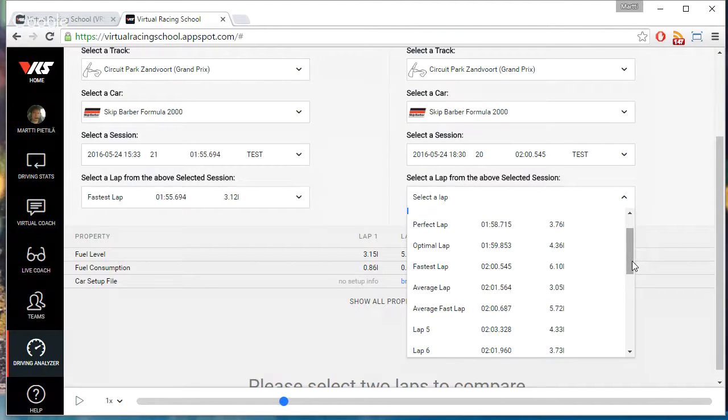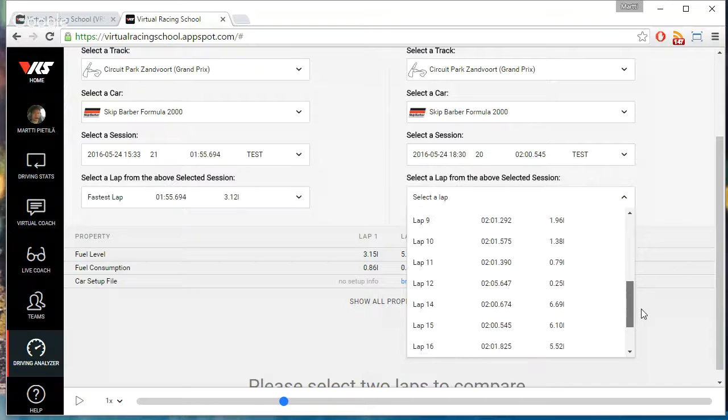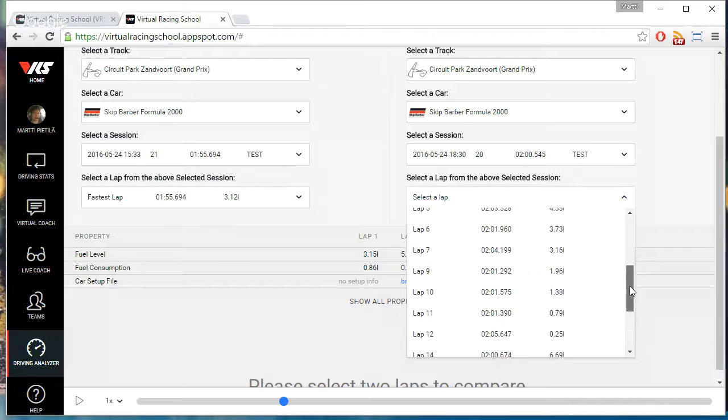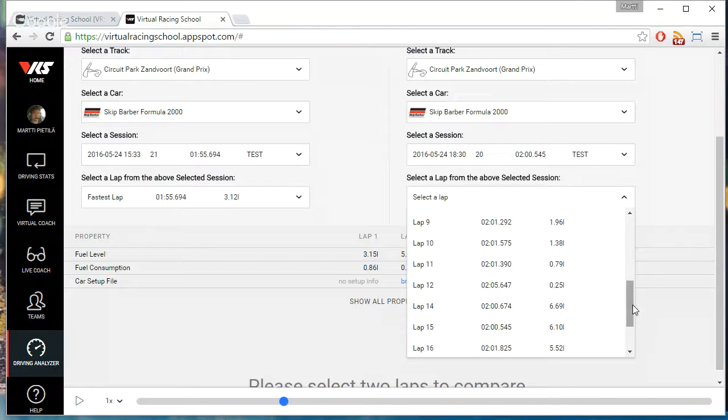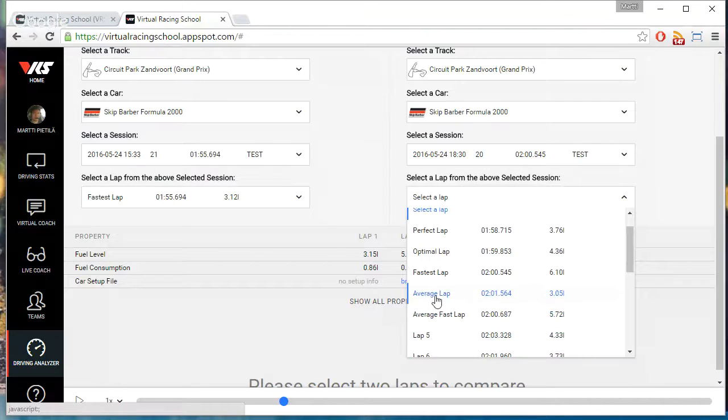But anyways, we'll just get a few laps here and see a couple of things to look at. I'm just going to pick the fastest lap here. The laps are a bit inconsistent early on, but the good ones, 0.6, 0.5, 0.8, that's close enough already. The average fast lap is pretty close to the fastest lap, which is already showing you that while you're able to put it together,